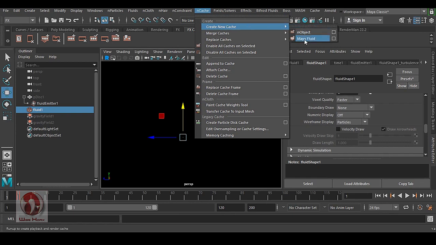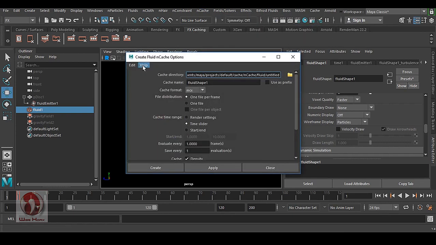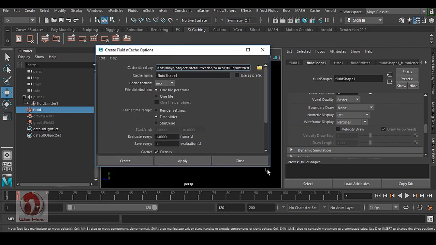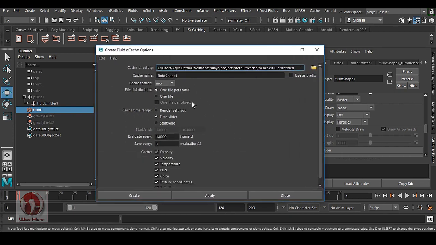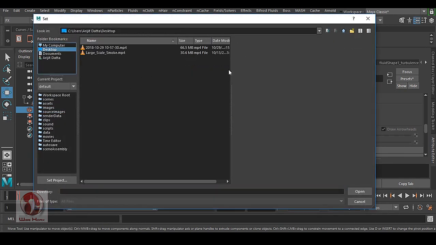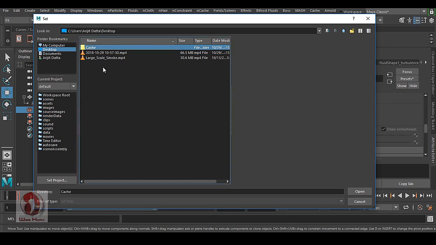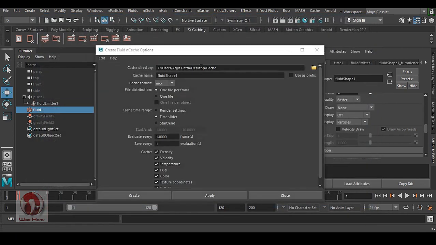Create a new cache, go for Maya Fluid option box, and then you have this cache options here. Cache directory, you have to specify this. So in this case, I'm going to put it in desktop for this tutorial purpose. So make a cache folder, and in this folder I'm going to put my caches. Now see this cache name, I'm going to make this smoke, and this file distribution has to be one file per frame,